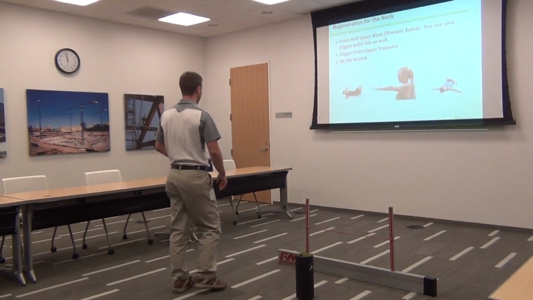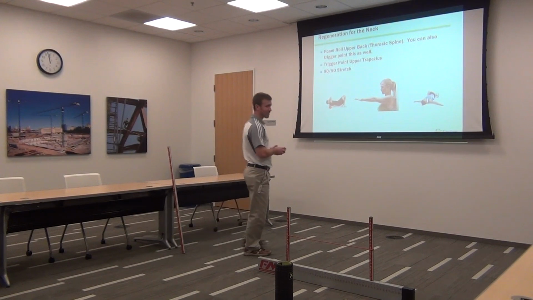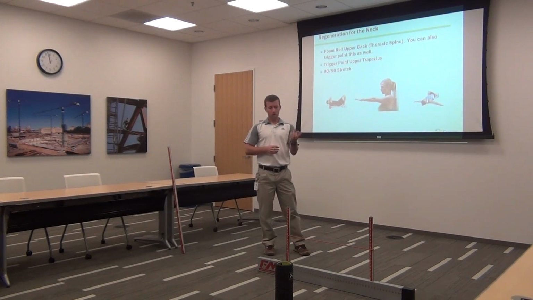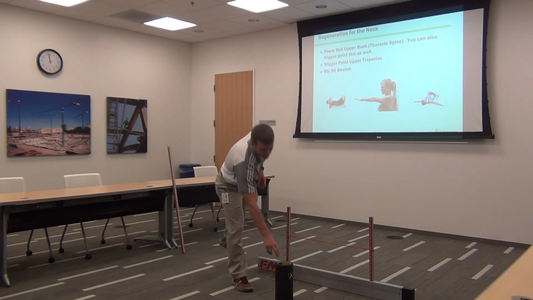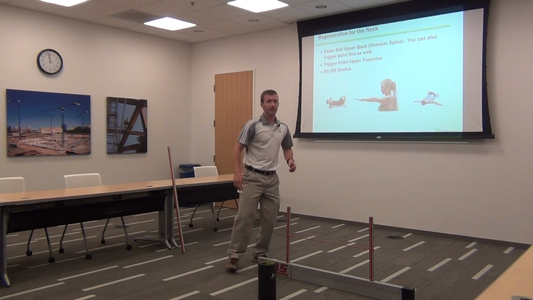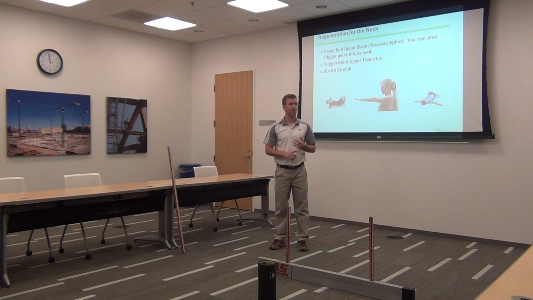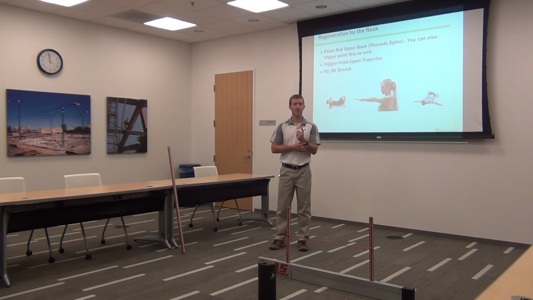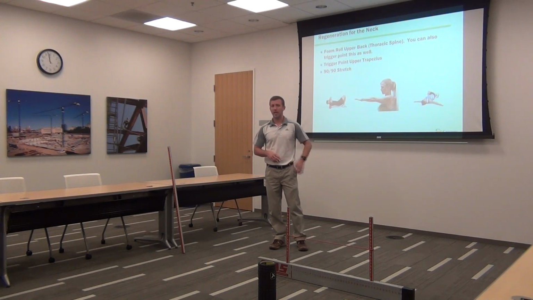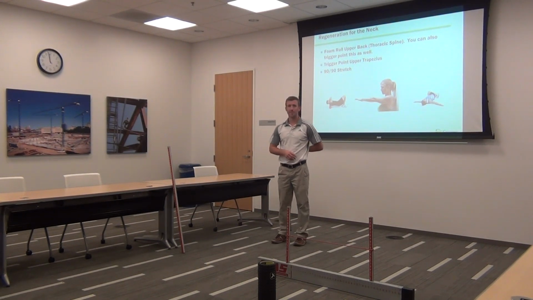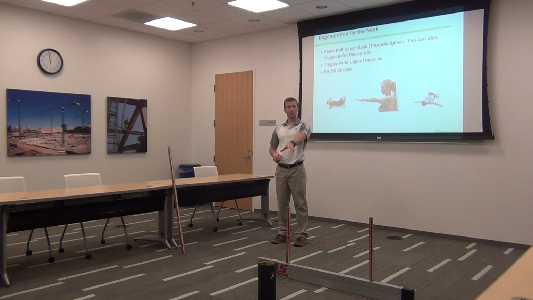Okay? Trigger point is the same thing as foam rolling, but it's with a ball. So if I'm foam rolling here and I'm going up my back and I feel a tight spot but I just can't get to it, what I would do is take a tennis ball, and this says trigger point ball, but it's basically a lacrosse ball or a tennis ball, and I put it right on that knot, and same thing, body weight push down into it. It's much more local. So the foam roller is the global modality, the trigger point ball is the local modality. So broad space, narrow space.